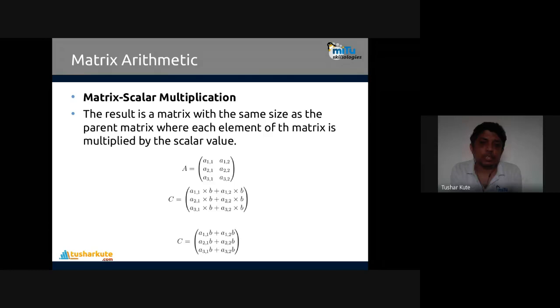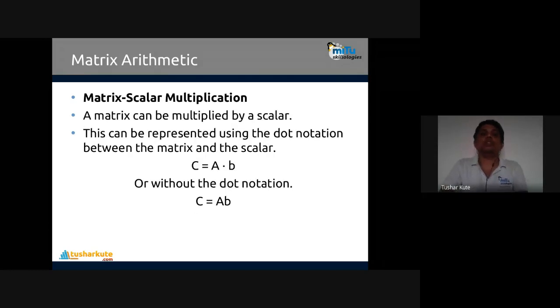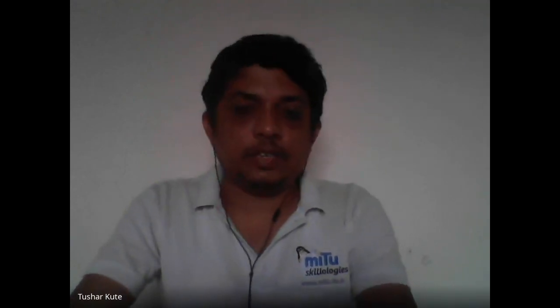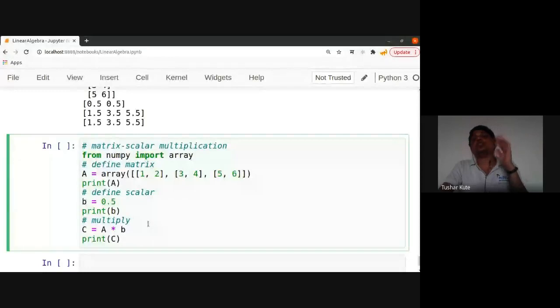Just a minute. Wait, let me check whether I have done that. Yes. Let me take this out, how these operations are done, scalar and matrix multiplications. For this case also, we directly make use of the operators used for general multiplication, whatever we have seen in basic multiplication. The same task I am showing over here. You can see this one. The array contains 1, 2, 3, 4, 5, 6. I am printing this array here on the screen, and my multiplication factor is 0.5.